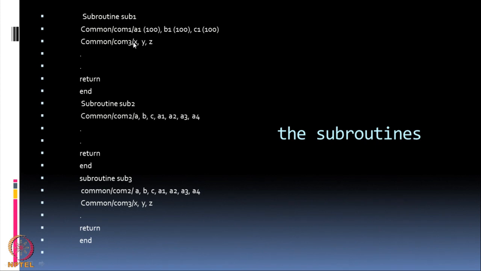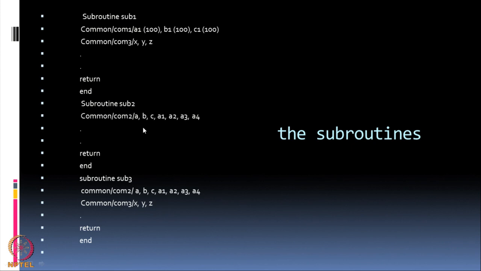So, this way using these common blocks, it has the advantage that you can transfer whatever information you require to a specific subroutine and complete the task. And this way you can transfer as much data as you want between the main program and subroutine. And it also makes it look neater, that is you just say subroutine sub 2. So, you do not have to give anything in bracket. Instead of giving anything in brackets, it is now all being transferred through the common statements.